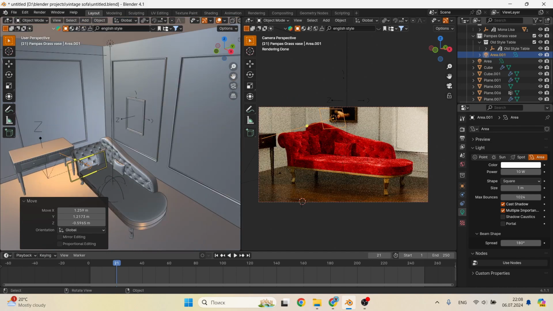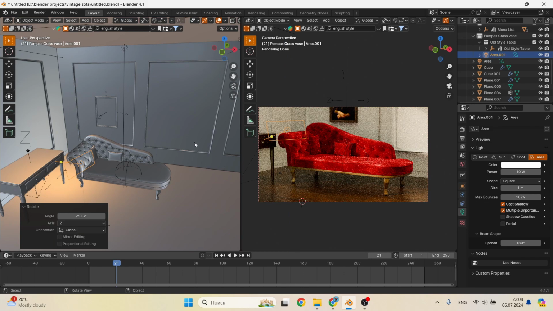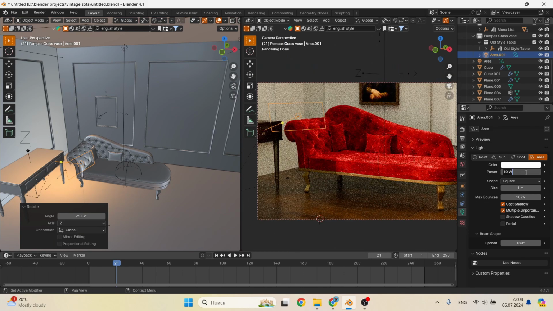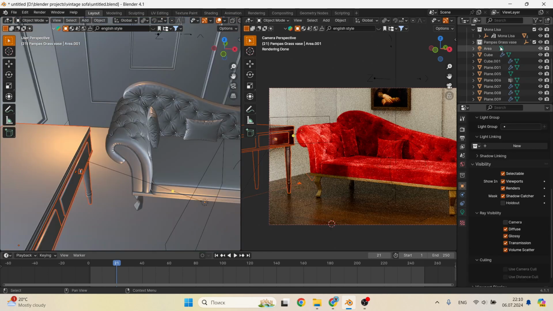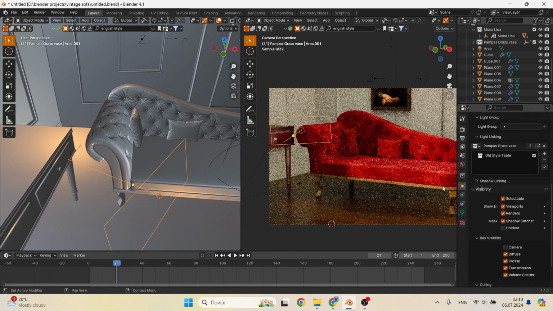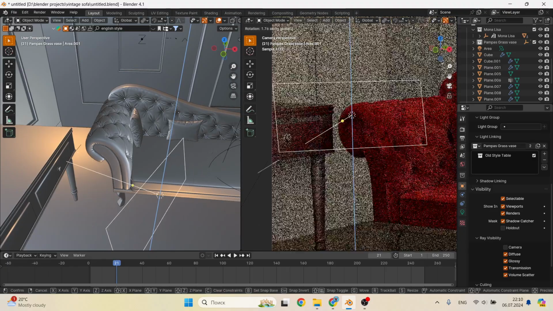And I noticed that the desk is not lit enough, so we use another light area, scale it, direct it to the table as needed. But there is one thing: it shines on the sofa. To fix this, select our light panel, go to the object settings, find the shading tab, and in it we find the light linking tab and add the collection there, which contains the objects we want to shine on. Whoosh and done, we no longer shine on the sofa.